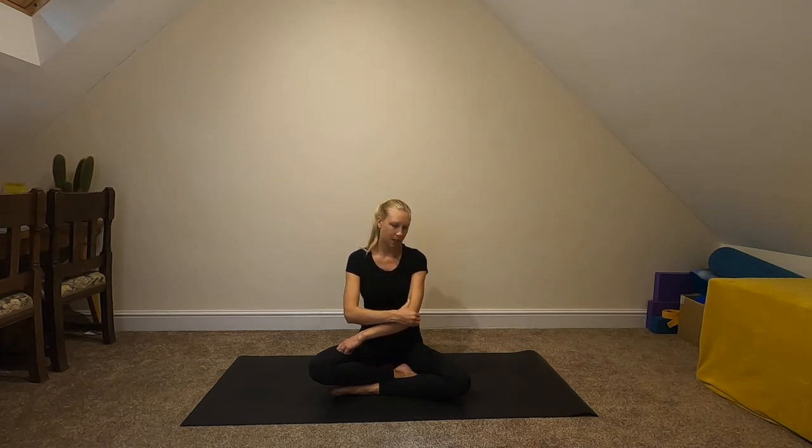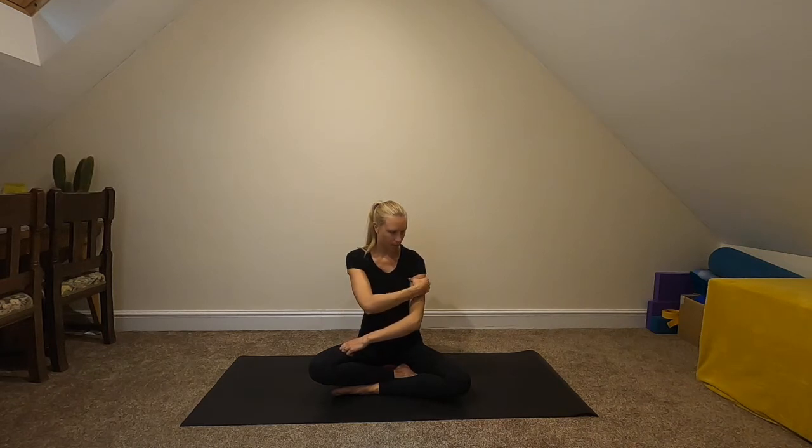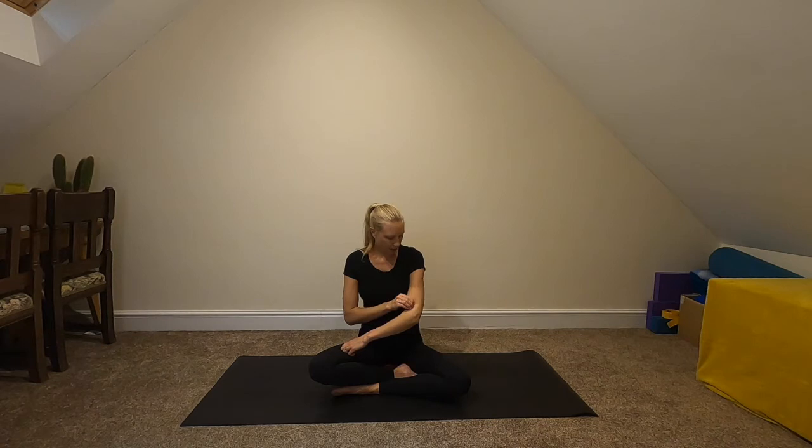And pay particular attention around things like the elbows. Get a real feel around anywhere where there are joints. Sometimes elbows can get really tight, so you may just want to have a little feel around there. We won't spend too long on the upper arms, but I would say definitely paying attention around the elbow,